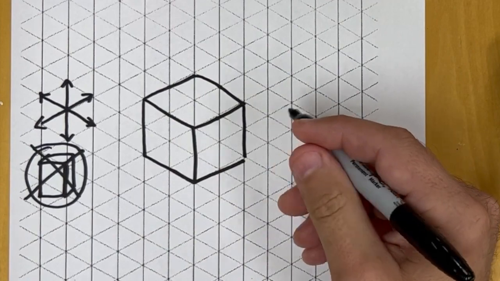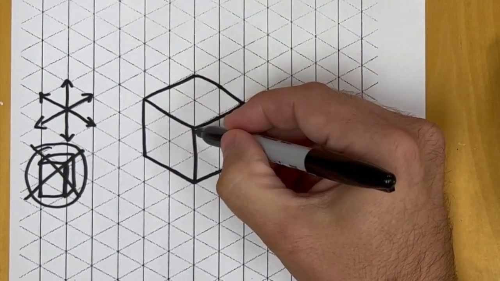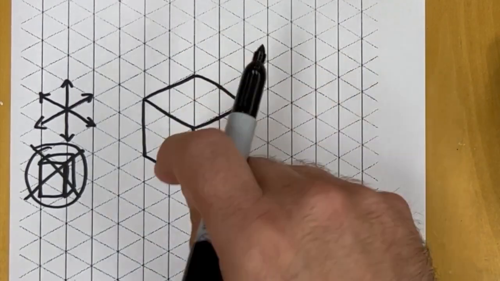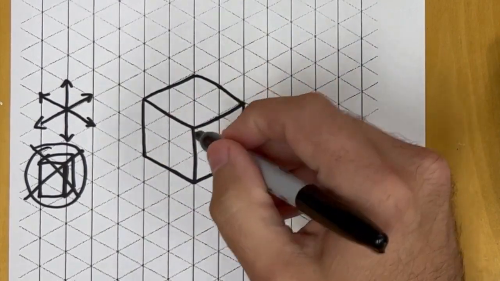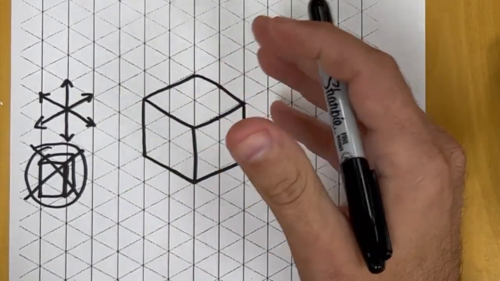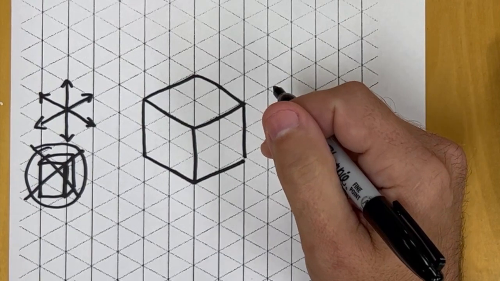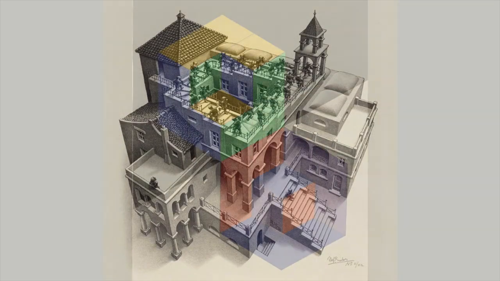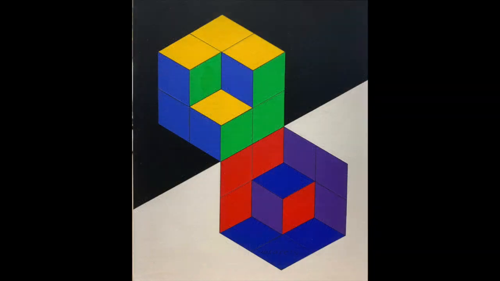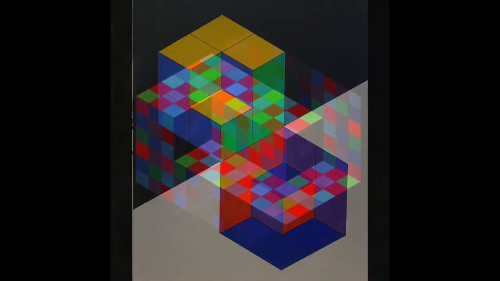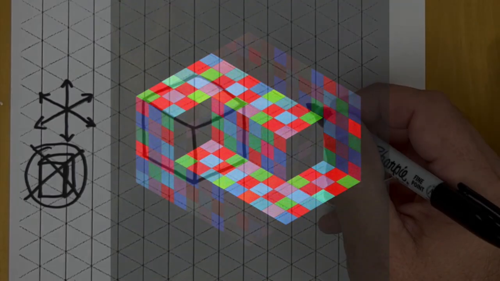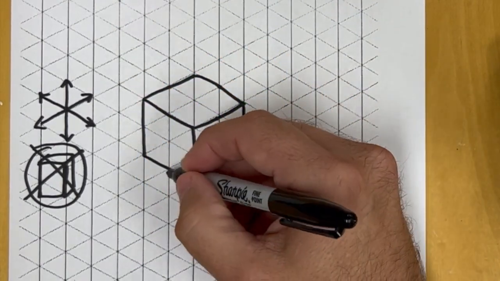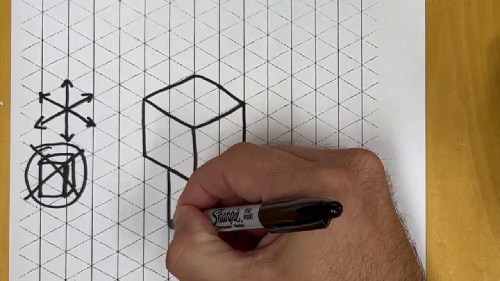Now here's the thing, this can be the point that's coming at you, or it can be the inside of a space. It can kind of play some tricks. Some optical illusions can happen with this. We can see examples from M.C. Escher or Victor Vasarely when it comes to the optical illusions that we can start to create using this isometric grid formula. Again, it's always very important to count,